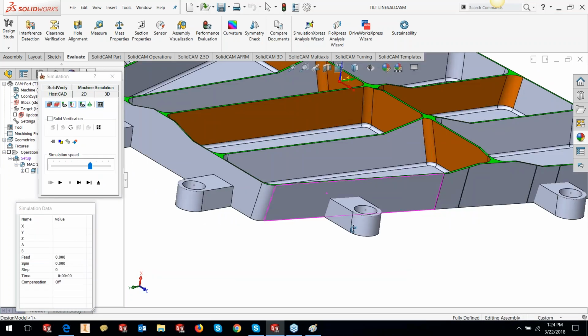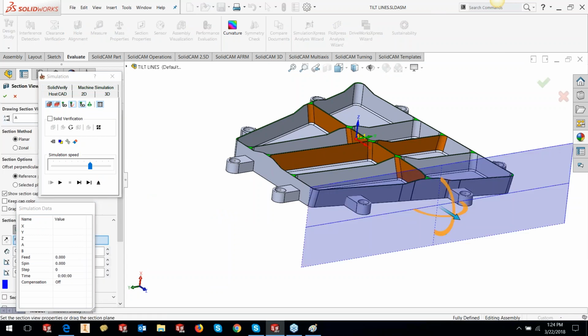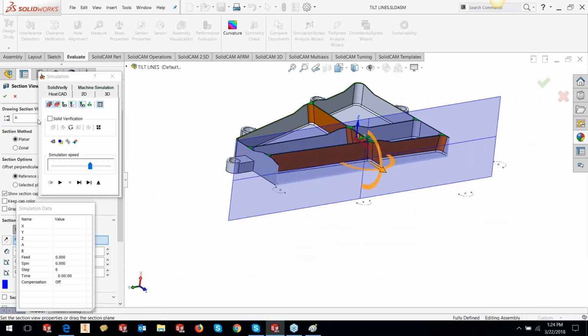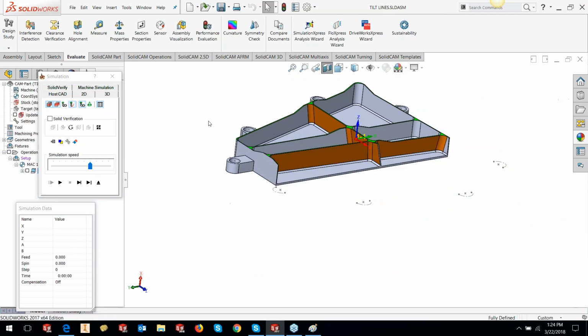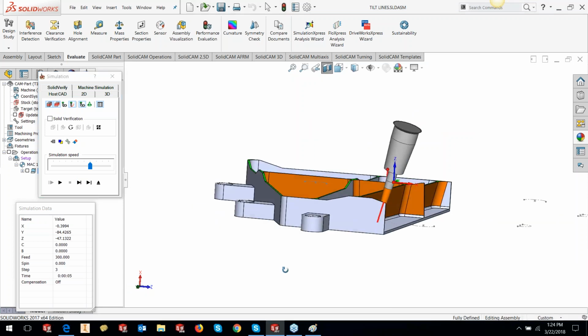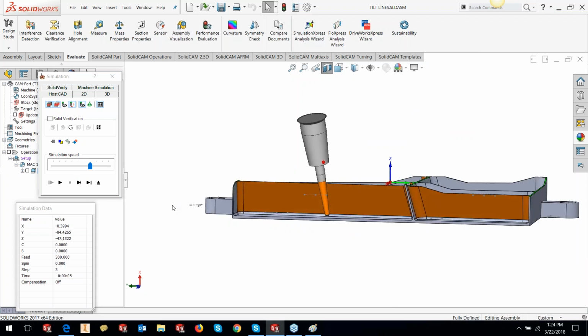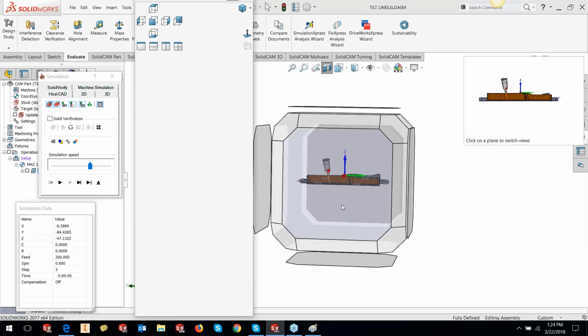Now, let me take a section view. Yeah, that's better. Let's go here and let's start it. Now you can see what is happening here. The tool has aligned itself in this way. And if I go to the side view, it's aligned in this way. Now, as it moves forward,